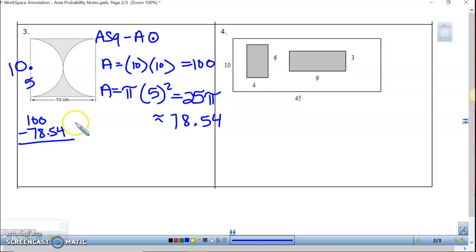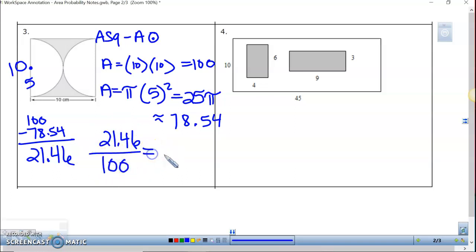Take that out, so that is 21.46. So this is what we want, divided by the total, the biggest shape that we have, okay? And since we're dividing it by 100, then timesing it by 100, we are actually going to have a